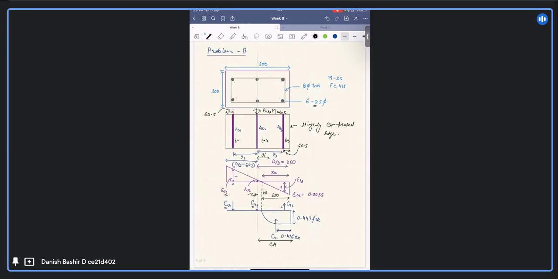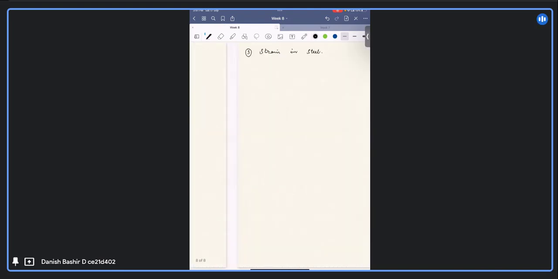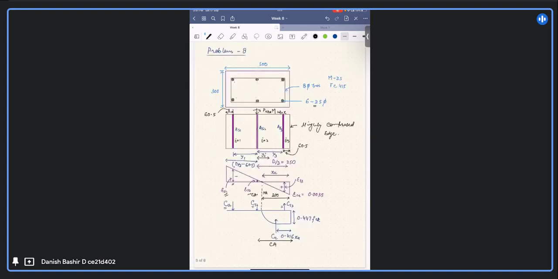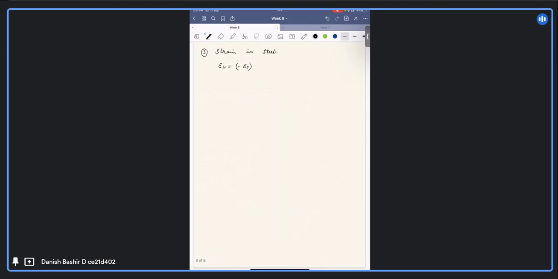I already told you in the beginning that tension is negative and compression is positive. Tensile strains are negative and compressive strains are positive. So epsilon S1 is a tensile strain, it will be negative, minus epsilon y. Why epsilon y? Because it is the outermost steel fiber and it is a balanced section, so it will have completely yielded. So we are taking the yield strain epsilon y as minus 0.0038